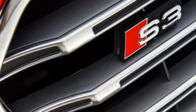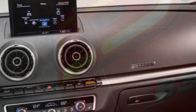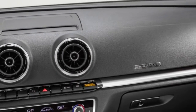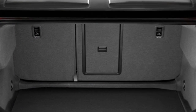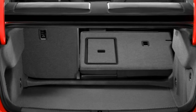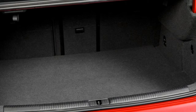Body styles, trim levels, and options. The 2015 Audi S3 is a higher performance version of the A3 compact luxury sedan. It's offered in 2 trim levels, Premium Plus and Prestige. Standard features for the Premium Plus include 18-inch wheels, summer performance tires, keyless ignition and entry, selectable driving settings known